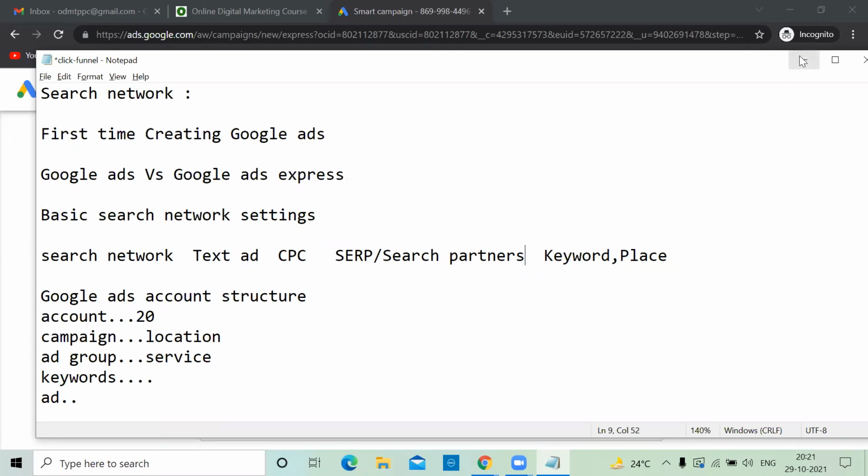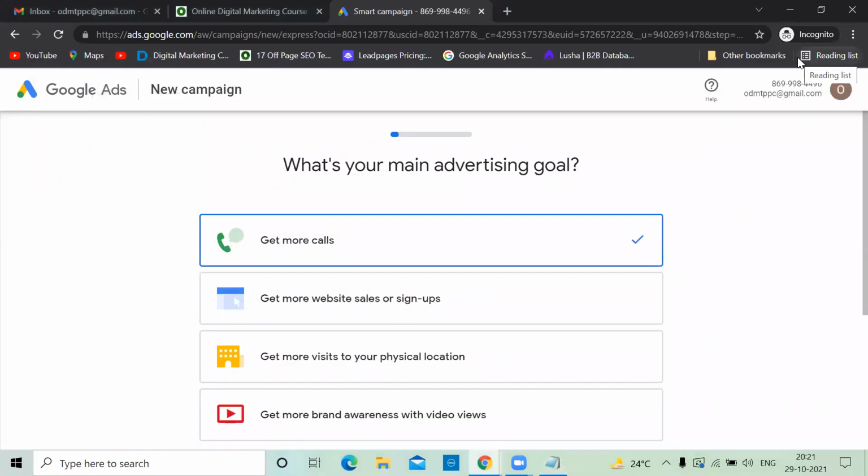In the same way, Google created two platforms under the name of Google Ads. One is Google Ads, and one is Google Ads Express. People who are joining for the first time, you can see the URL, will go to Express only. They don't know anything, they simply push people there. You don't have the freedom of bidding, and so many options are not available. It's automatic. Let's say there is a florist who sells flowers online.